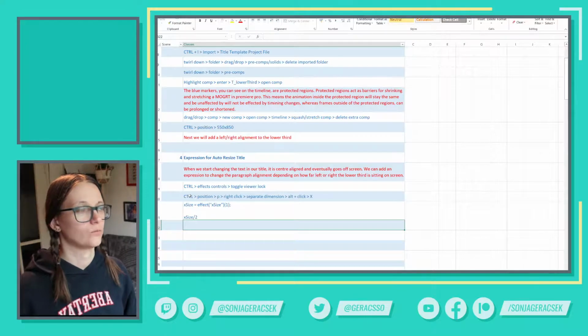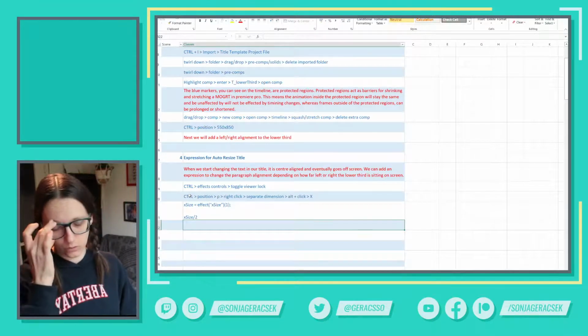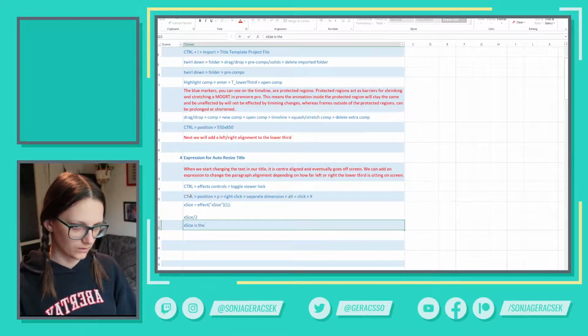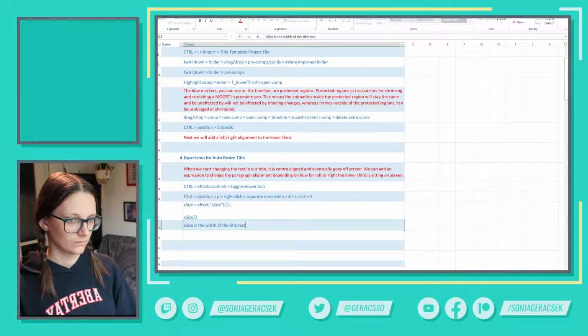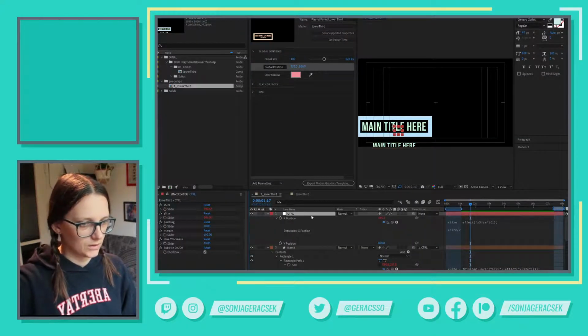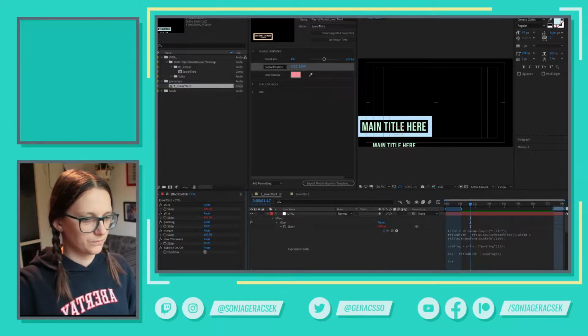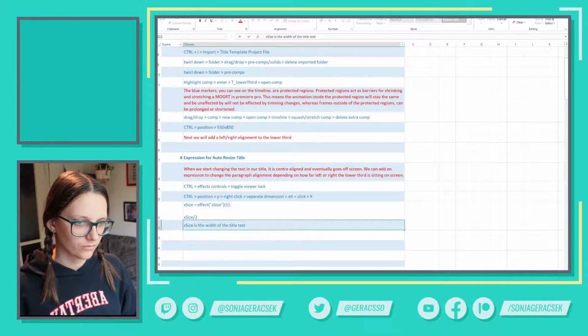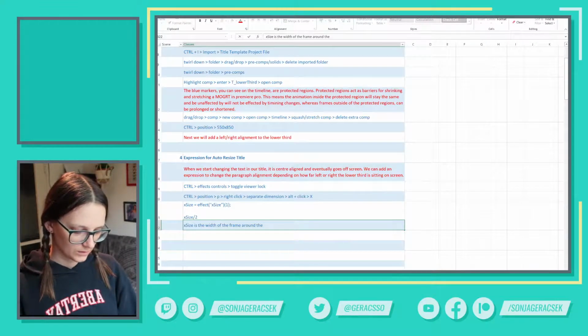So for those that have taken the class a while back, or for those who have never taken the class and are only using the asset, I need to explain what X size is. So the X size is the width of the title text, but is there a padding already on there? Okay, let me see. The X size has some padding, right? No, okay, so the X size is the width of the frame around the text,